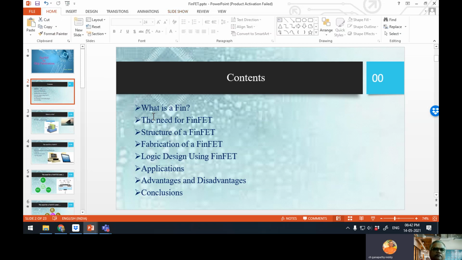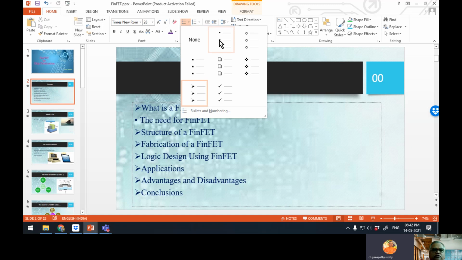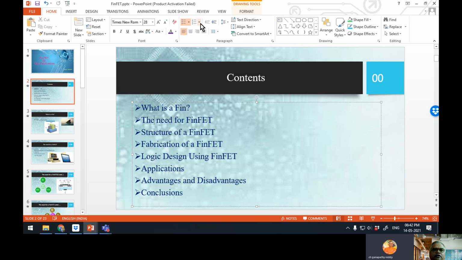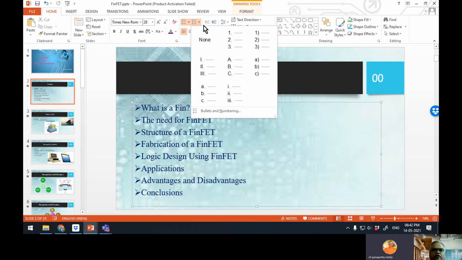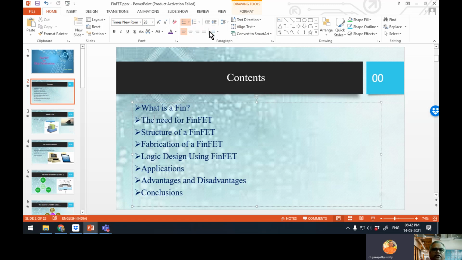Even this bullet, here you have bullet points. Okay, so like a star, circle, different bullet options are there. Then you have a number style, 1, 2, 3, like this. Number style option is there. And the line alignment, 1, 1.5, 2, or line spacing.